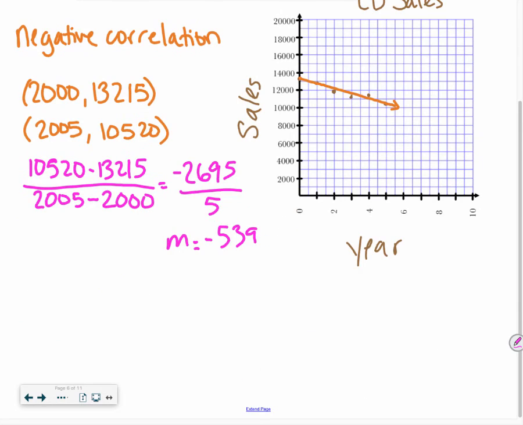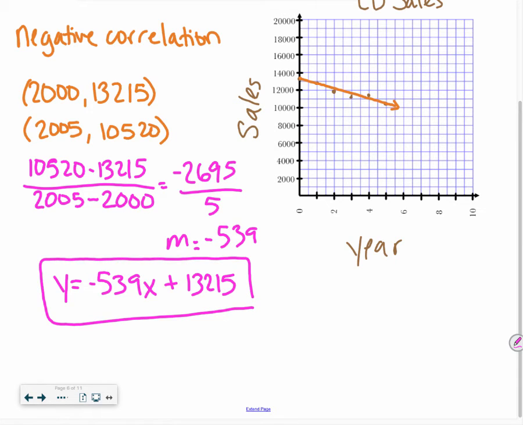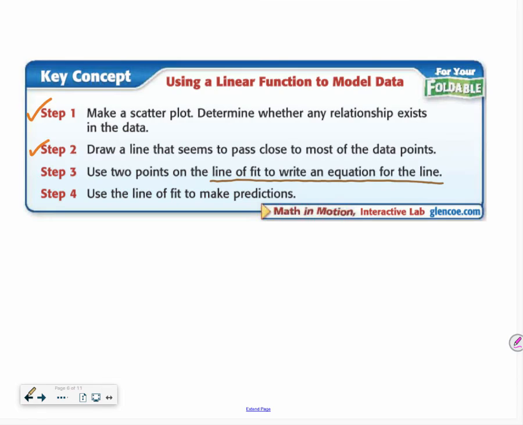So that means my equation is y equals negative 539x, and then I need my y-intercept, which I can either plug a point back in to solve for, or I can look, where does it hit my y-axis? That was at 13,215. So I now have my equation,